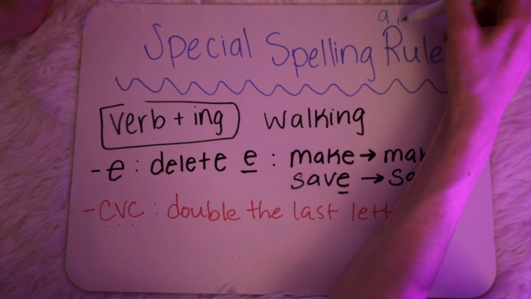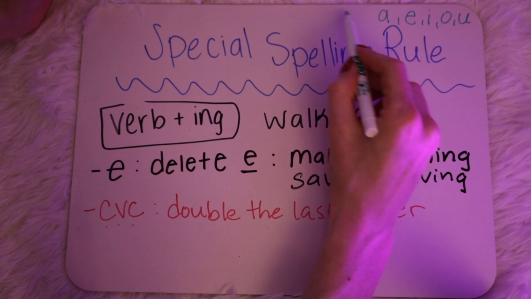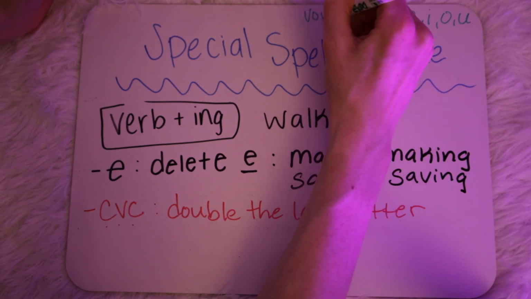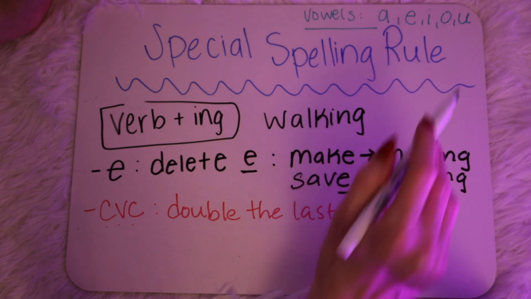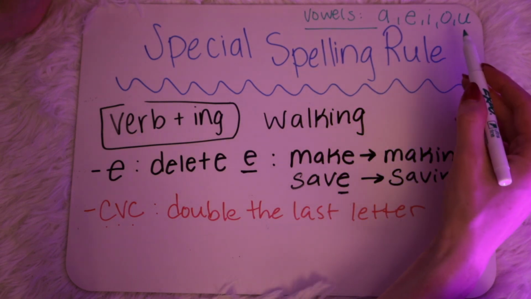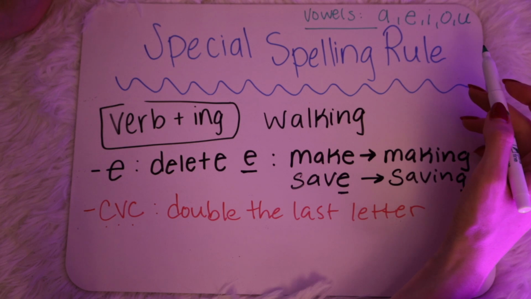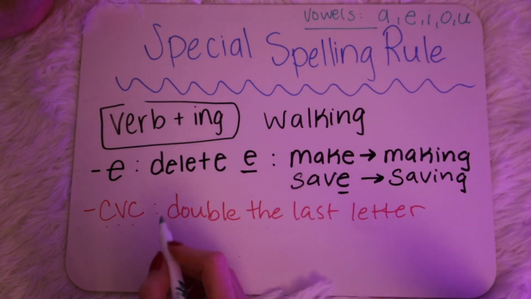Vowels are A, E, I, O, U. These are vowels. Every other letter is a consonant. English has 5 vowels. Everything else is not a vowel. It is a consonant. So, if we have consonant, vowel, consonant,